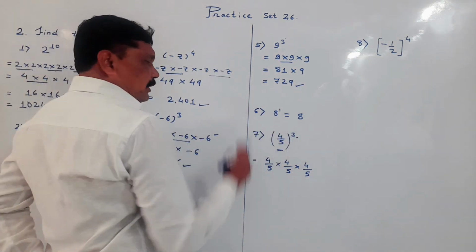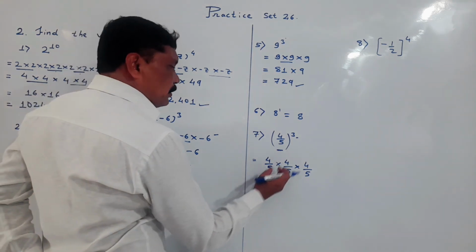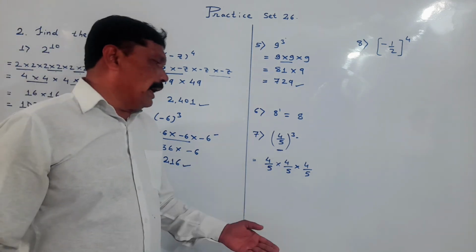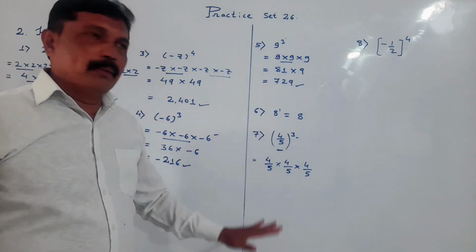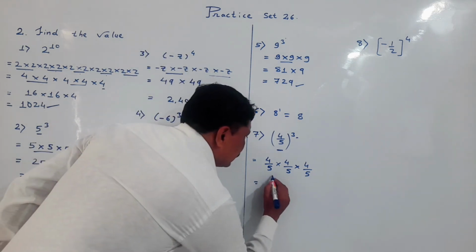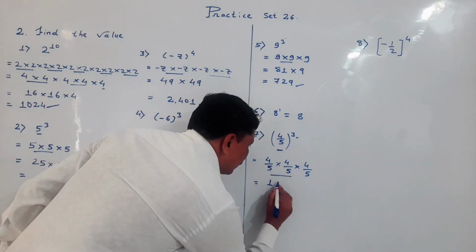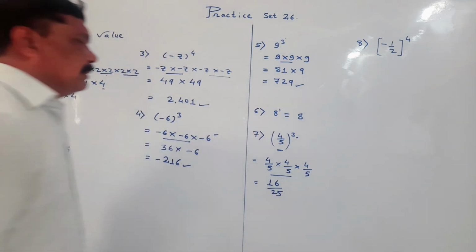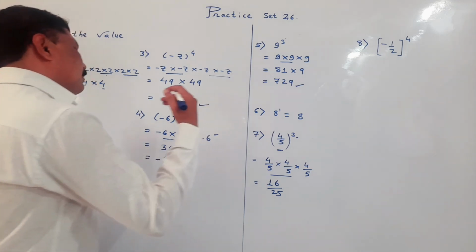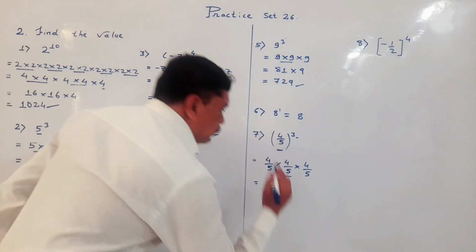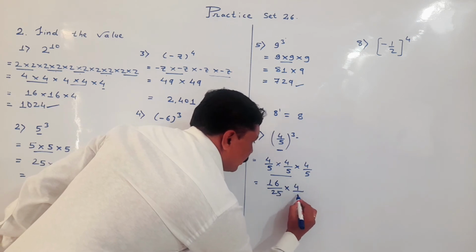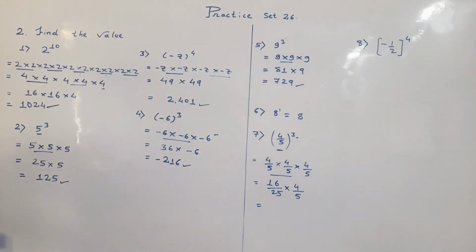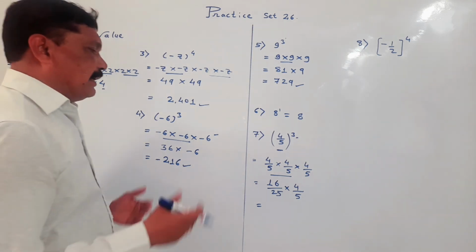Index we have 3. So we have multiplied the base 4 by 5 again and again. 1, 2, 3. Now my dear student, here we have to multiply numerator and denominator. So if we consider these two numbers, 4 4s are 16, 5 5s are 25. So we have taken the value in numerator and denominator respectively into 4 by 5. Here also we have to do the same thing. We have to multiply numerator and denominator.